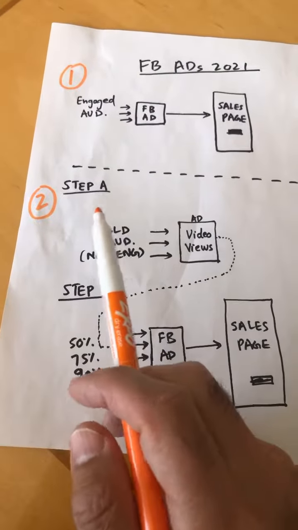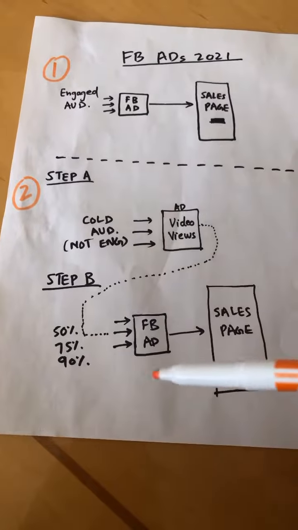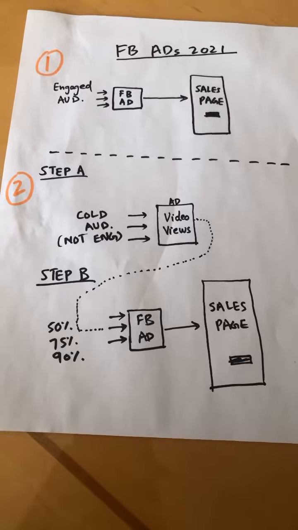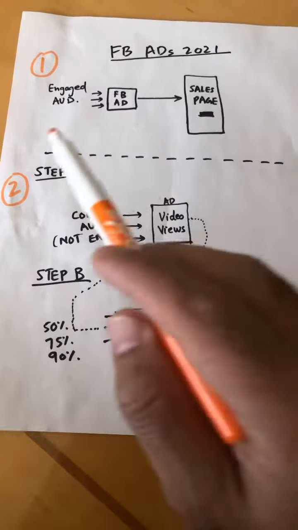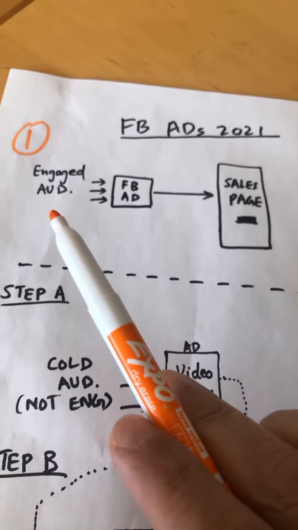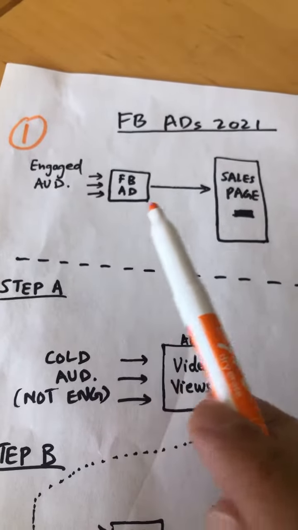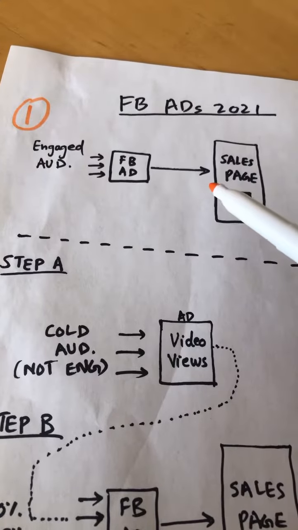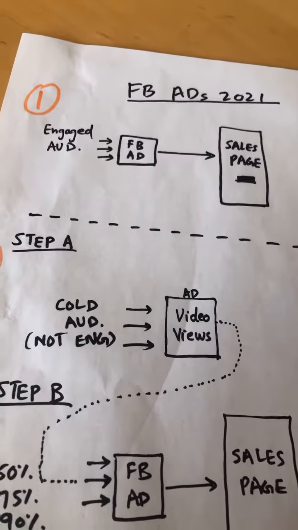Now let's talk about option number two. So this is when you don't have an engaged audience on your Facebook page or Instagram page. Now what do you do, right? So this is not a good option because if people are not engaged with us, it's a cold audience, they don't have the like and trust factor with us. So if you try to do this process, most likely they're not going to buy our stuff, or if they buy, the cost per lead, cost per sale will be high.